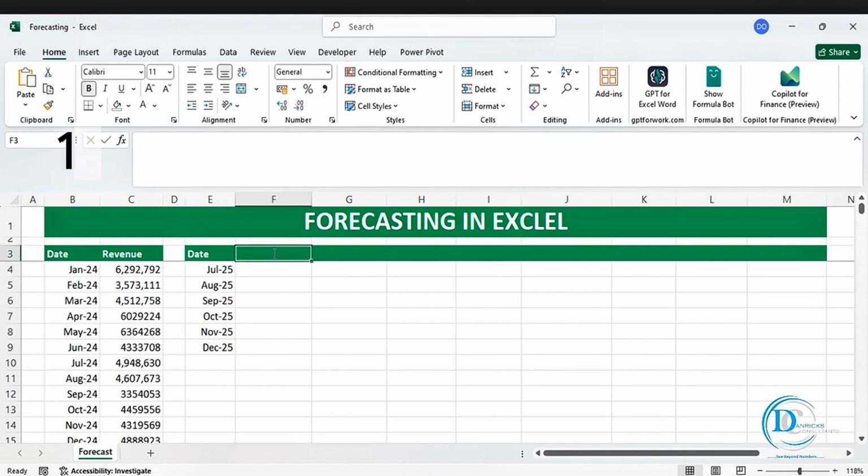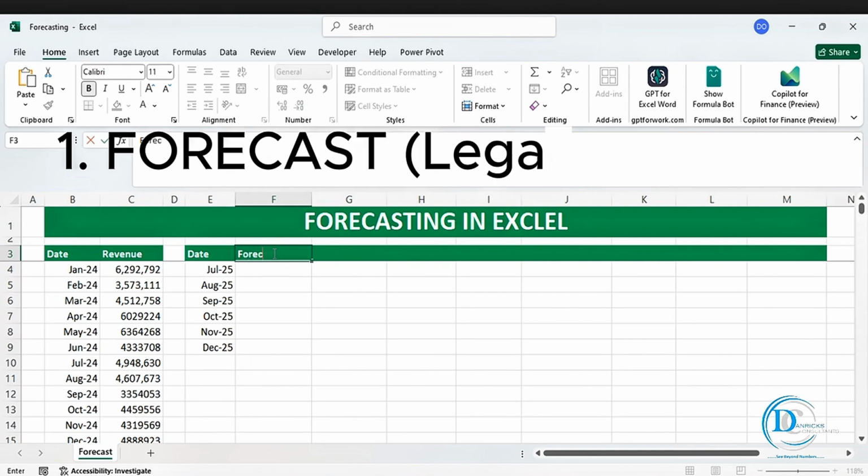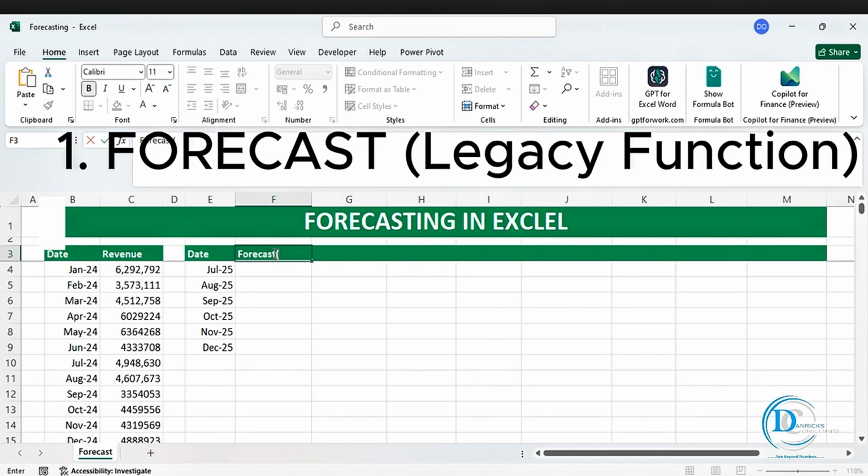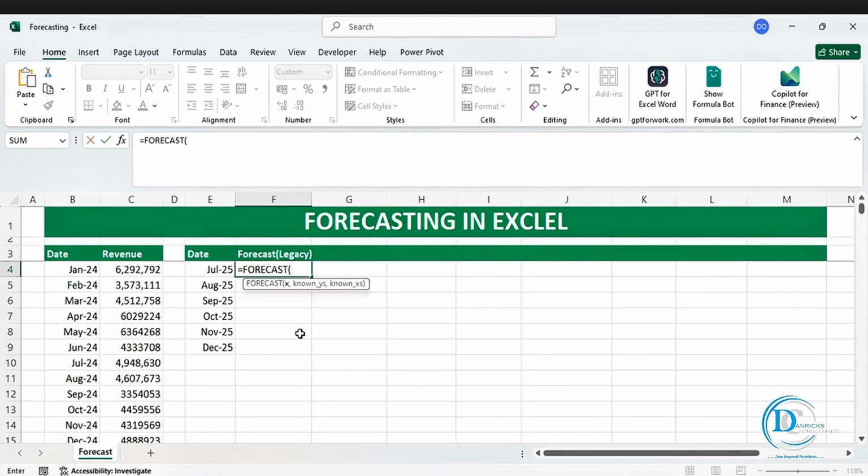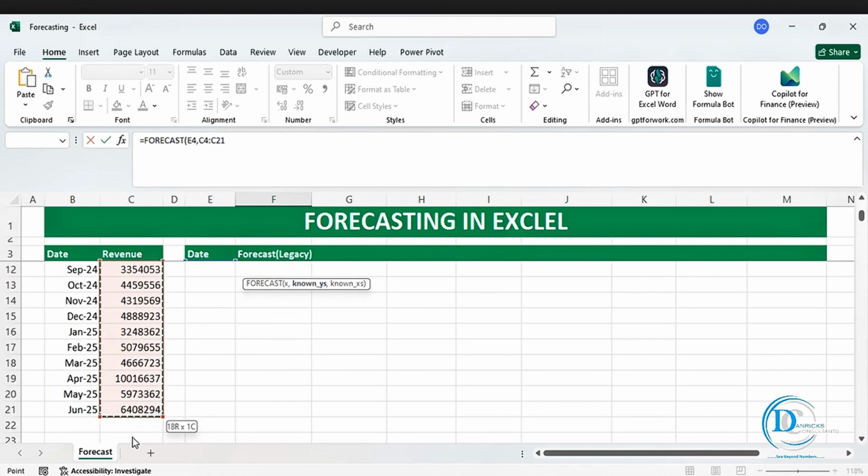So there are several techniques that we use. The first one is the FORECAST legacy function. So put an equal sign, then FORECAST, then X. X is the target date. So pick our target date, then comma, then known_y's, then pick where our revenue is, then press F4 to lock,